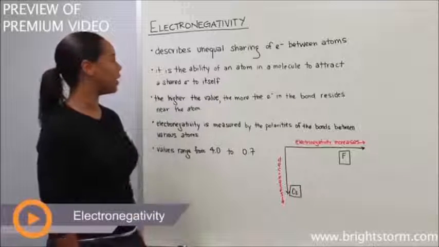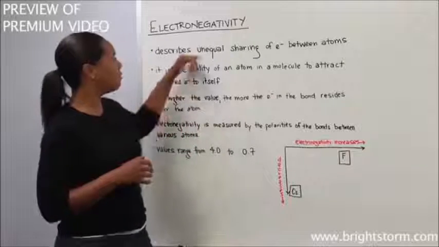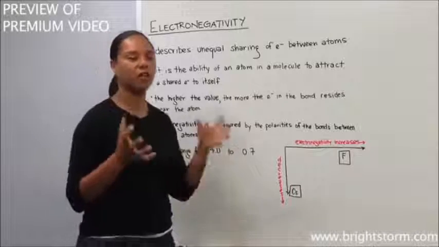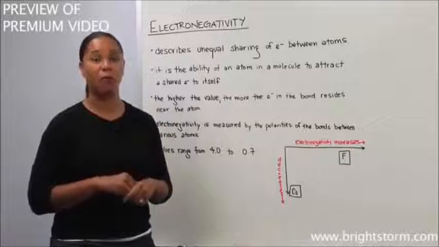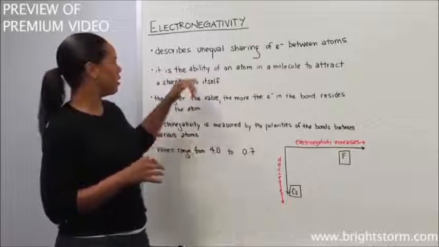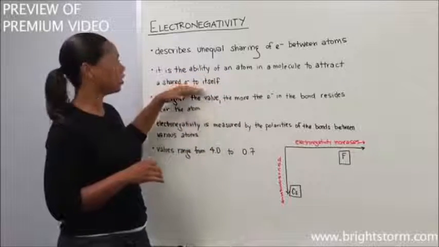So let's take a moment and talk about electronegativity. So what actually is electronegativity? It describes the unequal sharing of electrons between atoms. Once you hear that sharing between atoms, it should bring up some thoughts about what you know about bonding thus far. So electronegativity, more specifically, describes the ability of an atom in a molecule to attract a shared electron